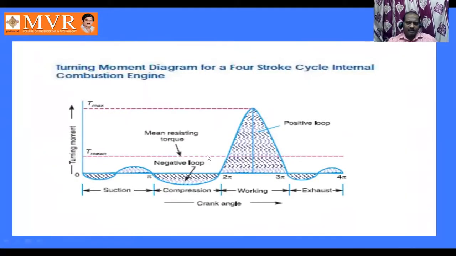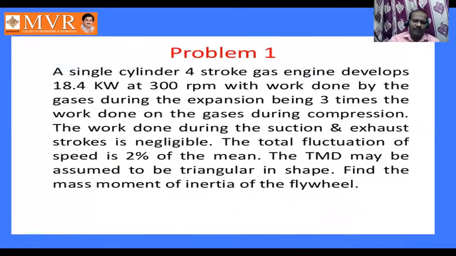That relation was derived earlier by experts only for a four-stroke internal combustion engine. You practically take the values and draw this turning moment diagram. In the coming classes also, I will try to make you draw one turning moment diagram. We will solve one problem on the turning moment diagram to see how it is useful. The aim of the class is how to draw the turning moment diagram. The second aim, as I told, is how to calculate the energy by using the turning moment diagram.